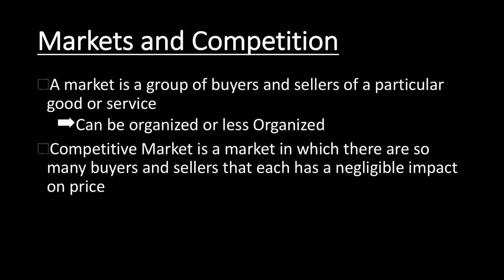A disorganized market is a market where goods or services are bought and sold anywhere. So a great example of a disorganized market might be the market for ice cream. If you think about it, you could buy an ice cream cone in many, many different places. You could go to the grocery store. You could go to a Dairy Queen. You could go to many other fast food restaurants. You could go to an ice cream shop. So it's a very, very disorganized market. There are very few rules about where ice cream can be bought and sold. And what we mean by competition in this case is it's a market where there are so many buyers and sellers. The market is so exceptionally large.